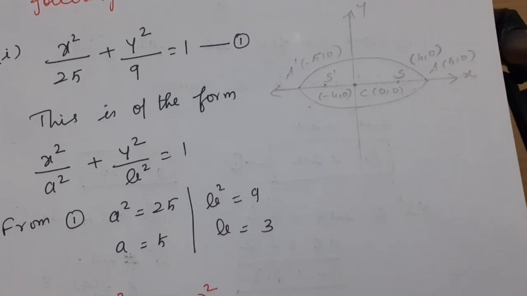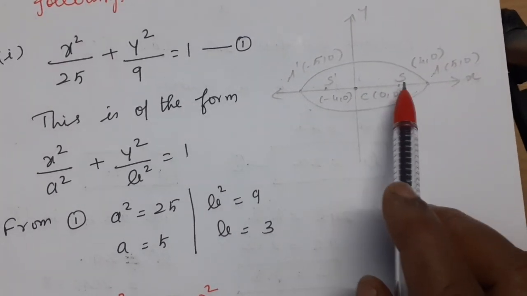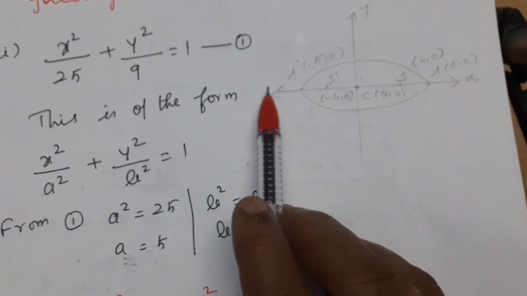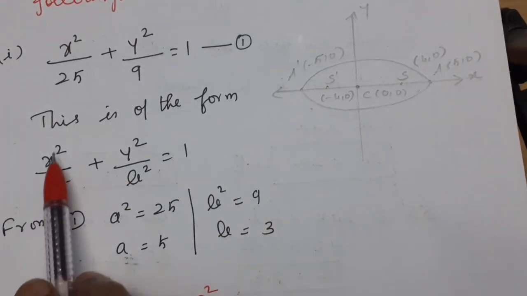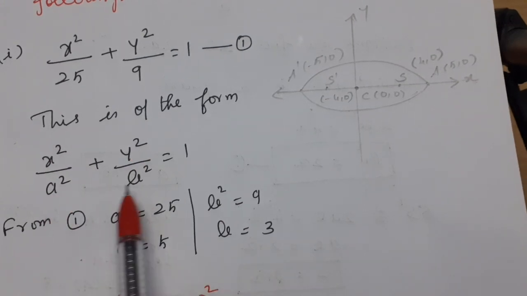Yesterday also I taught the class. This is the center. S and S dash are the foci. A and A dash are the vertices of the ellipse. So, in x square by a square plus y square by b square,